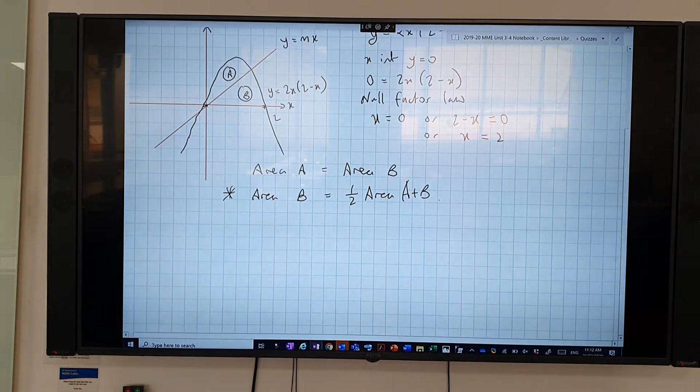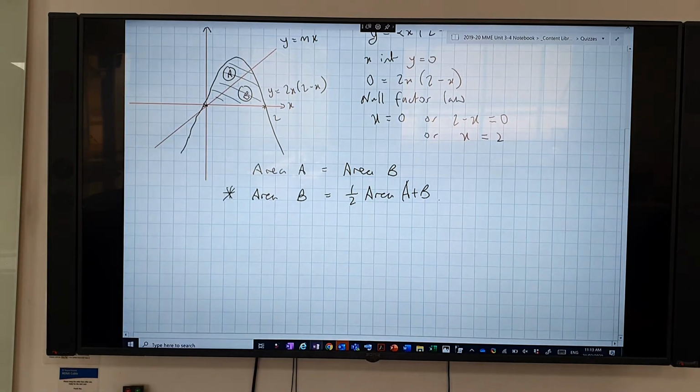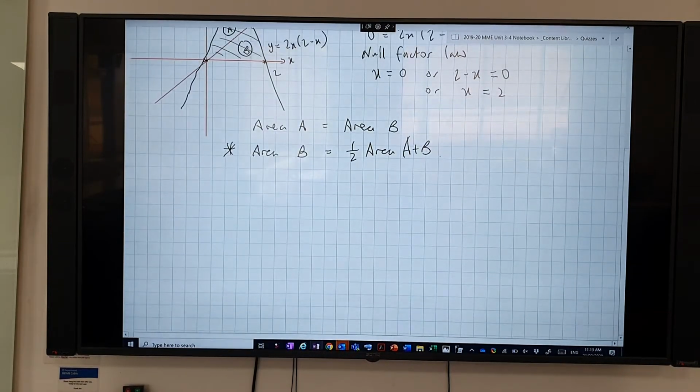And the reason why is we can actually a lot easier find that area, can't we? So we can find that area straight up, and that's going to get us marks. So even if you haven't got a clue how to do this question, first time I did this question, I wouldn't have had a clue. I'm going, logically, what can I do? So I say, right, let's do area A plus B.